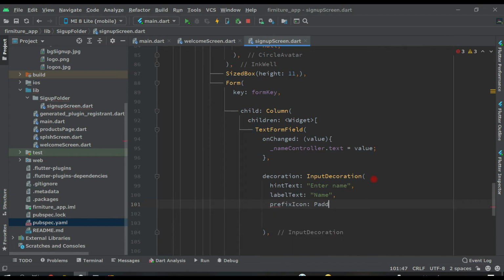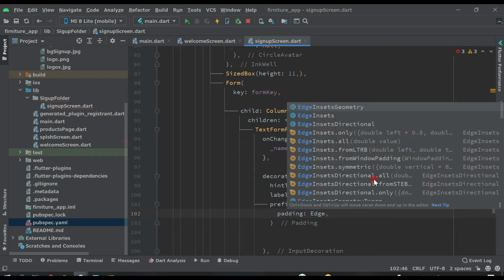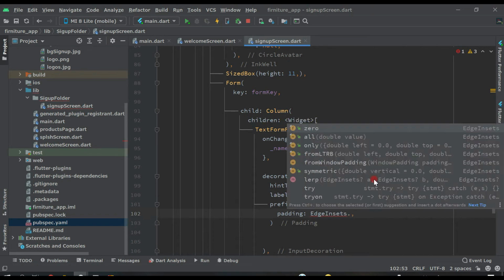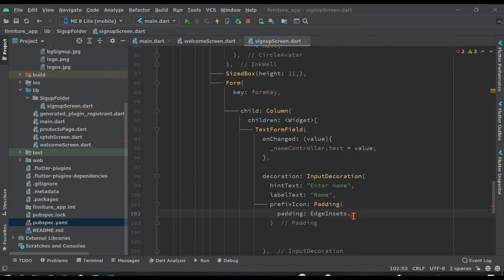prefix icon, padding, inside this padding edge inset dot only top 4, and then here we have to pass child icon and open icon, then icons will be person, and color will be colors dot gray,